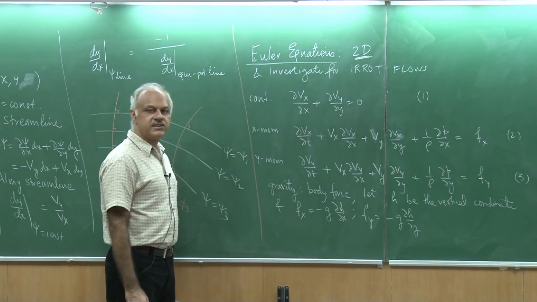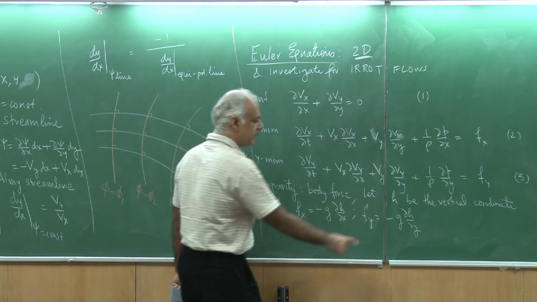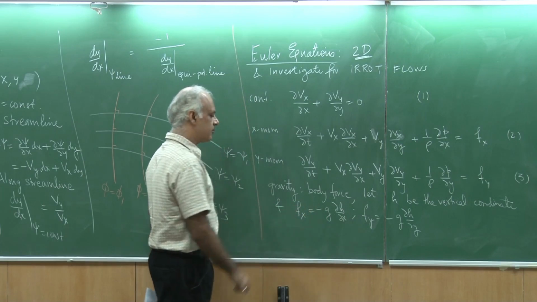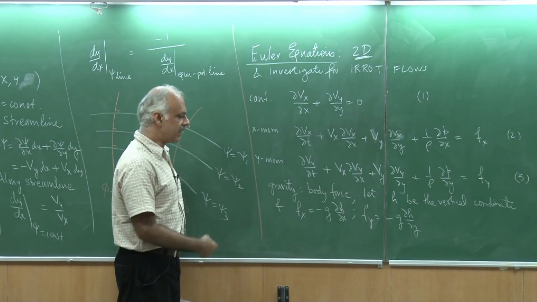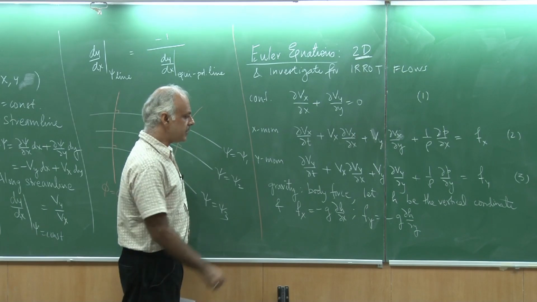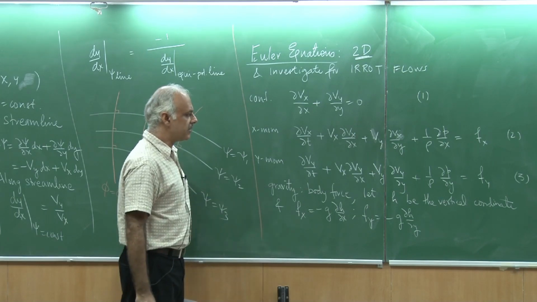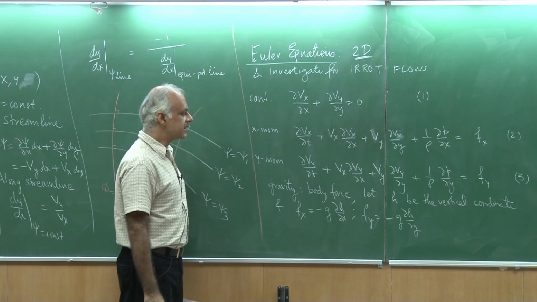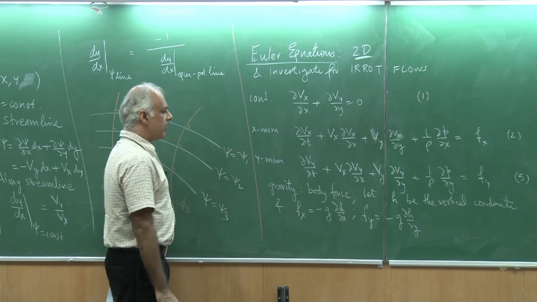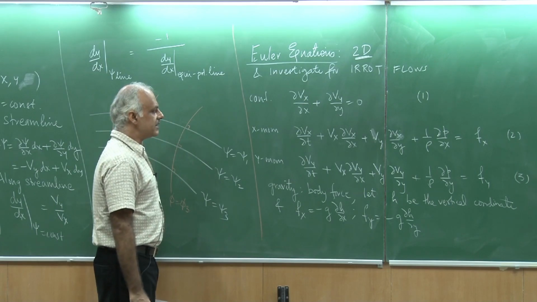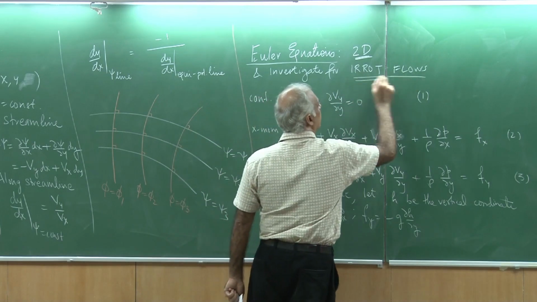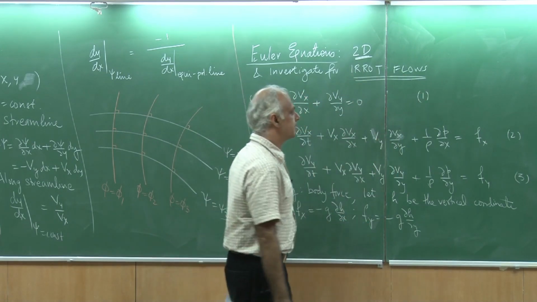So, if my h and y coordinate are same, then Fy would be simply minus g and this term would actually be 0. Okay. So, I have kept it a little bit general, but you can also assume that the y axis is aligned with the vertical direction. Okay, now let us see what these conditions give us if we substitute for irrotationality.